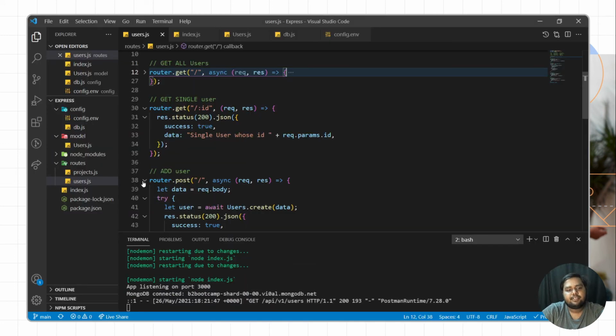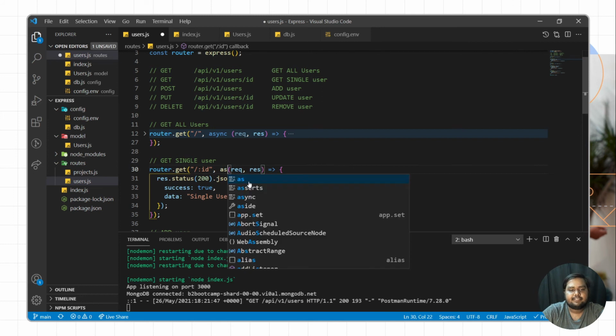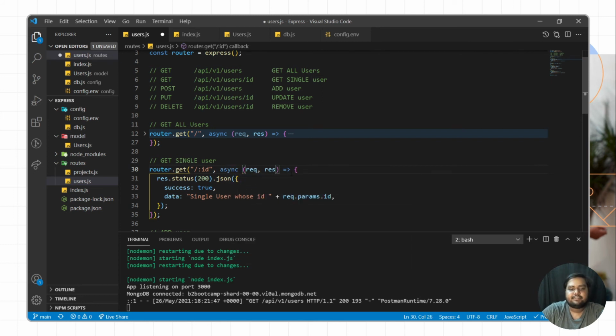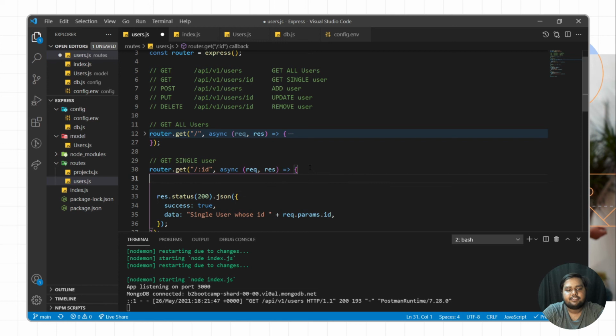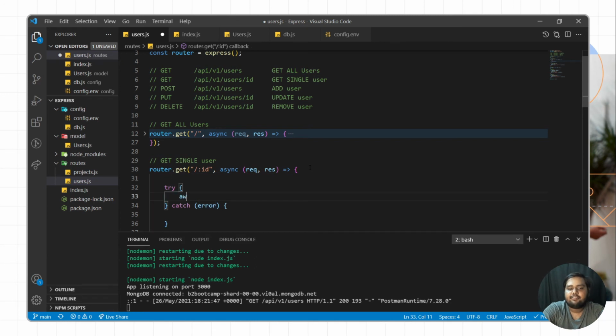So what I'll do here, I'll just comment this logic. Yeah, I'll comment, or you can write async again. This is an async, and here we can write the logic. So here we have a try catch. Here we will write await,